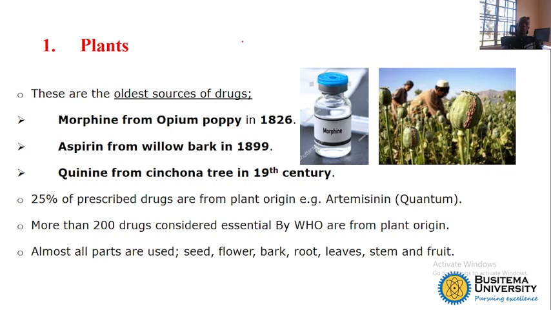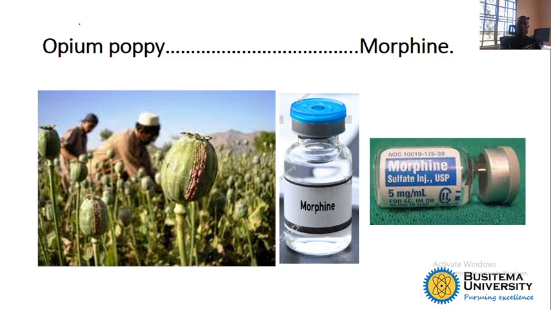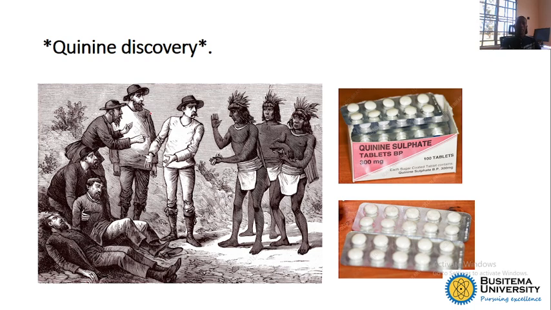With plants, we use various parts of the plant. For example, rhizomes in the case of ginger, seeds in the case of Ricinus communis, stem, and bark, as we have seen for cinchona, and flowers. Sometimes we can use the whole plant. This is the opium poppy, which we call Papaver somniferum. This is the plant from which we obtain morphine. The scientific name of opium poppy, as I've said, is Papaver somniferum.